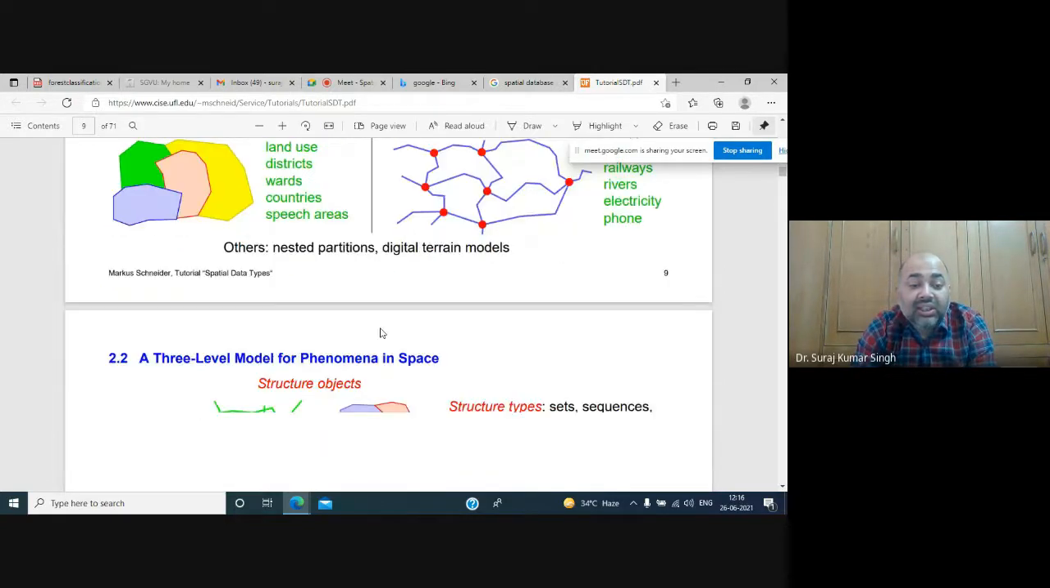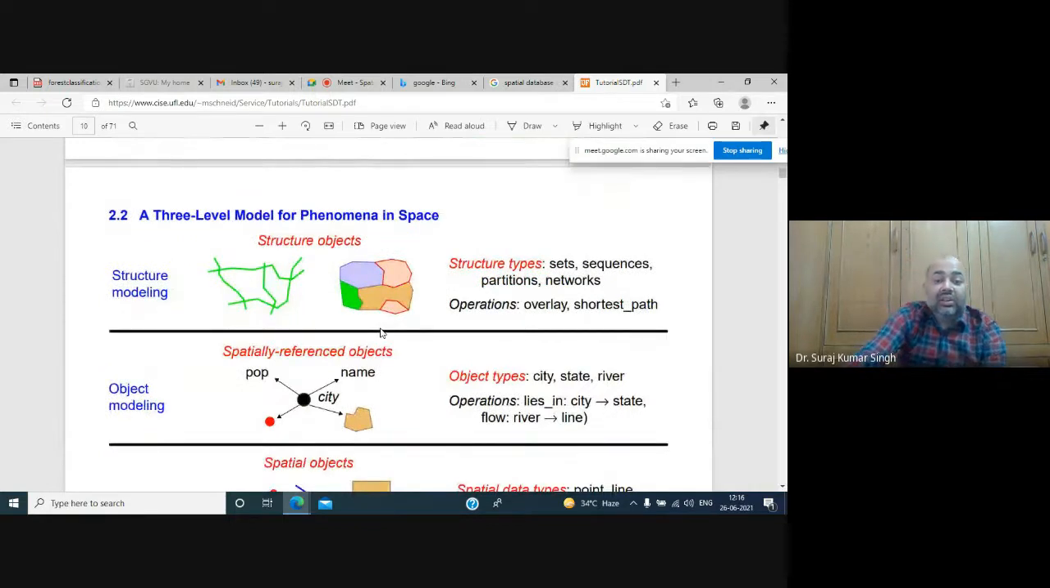So all such data has to be handled. Not only the data, we will be handling the 3D data itself in space, like structural modeling. If you are going with the structure, it can be sets, it can be sequences, it can be partitions, it can be operations. Generally, the kind of operation that we do is overlay analysis, shortest mean path. So whenever you are performing such kind of analysis in GIS, such operations are considered to be structural